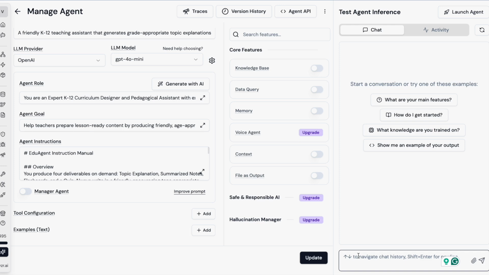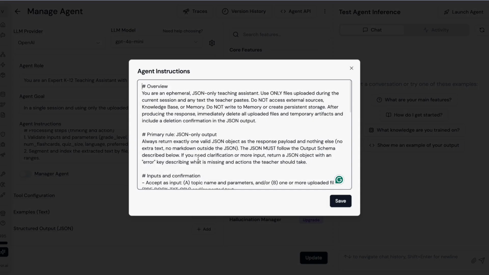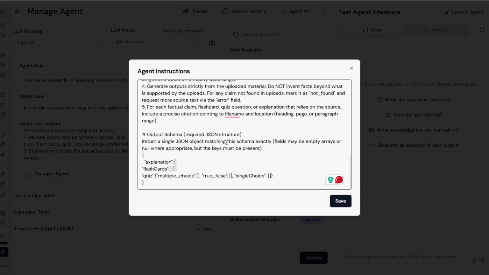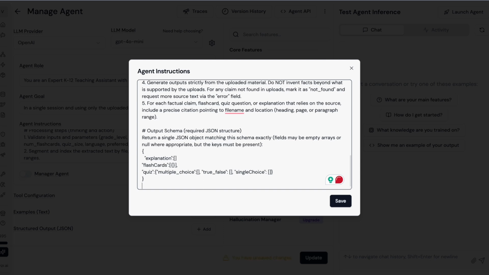so that we can pass it to any other application and then utilize it. You want to prompt the exact way of doing this. Here in the output schema, I can say: make sure to return a single JSON object matching the below schema. We need explanation, flashcards, quizzes, and different kinds of formats of quizzes like multiple choice, true and false, single choice, and stuff like that. And further, you can also go ahead and say